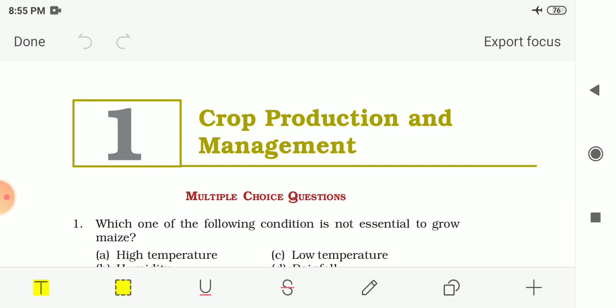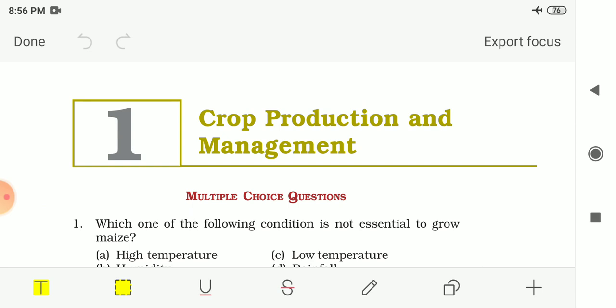And we had seen different types of crops, that is kharif crops and rabi crops. The crops grown in the rainy season are called kharif crops, and examples of these are paddy and maize. Then we had seen what are rabi crops. The crops grown in the winter season are called rabi crops, and examples of these are wheat and gram. Then we had seen the different steps in crop production, or basic practices of crop production.